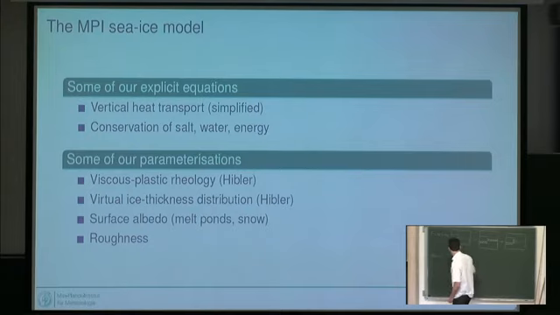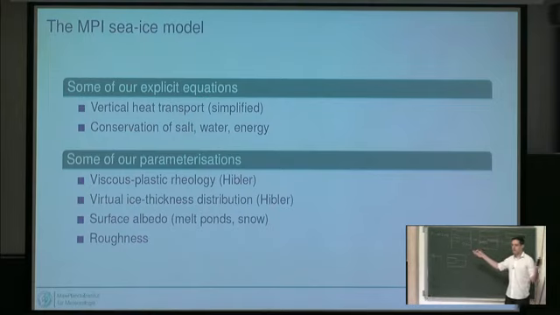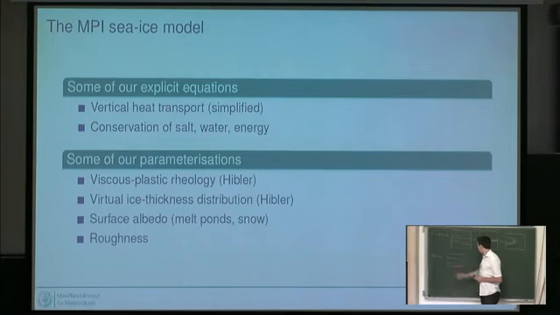And then during melting, again, we need to parameterize how much of the melting changes the ice concentration and how much it changes the thickness. And so what this virtual ice thickness distribution does there, it basically assumes that the ice thickness is distributed linearly, for example, between twice the real ice thickness and 0. And so whenever we melt some ice, so let's assume we get rid of this stuff down here, we melt away some of this bit here down here, the very thinnest ice, changing the ice concentration.